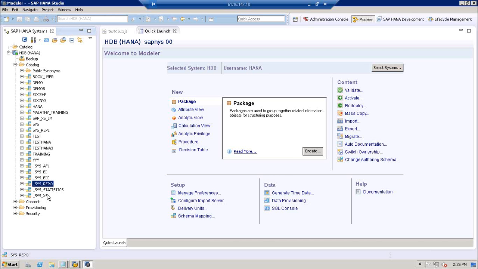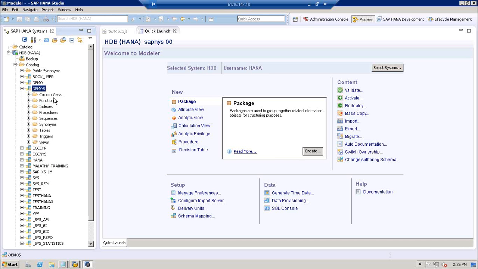By default, they will come. But these others are custom schemas: demo, demo 5, ECC. If you expand this one, you can see column views, functions, indexes, procedures, sequences, synonyms, tables, triggers, views. Everything you can create.